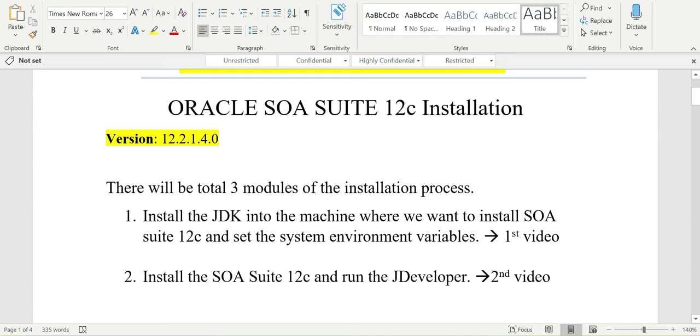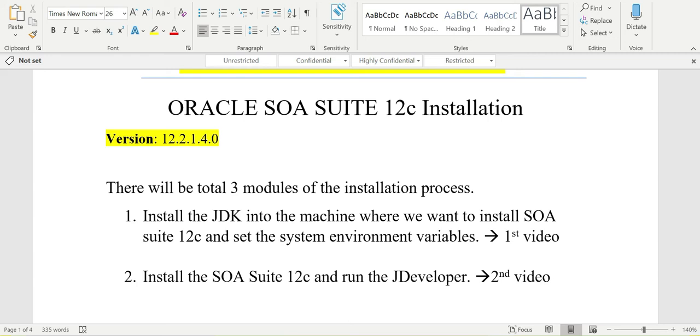The first is to install the JDK on the machine where we want to install SOA Suite 12c and set the system environment variables. SOA Suite runs on top of Java, so the Java JDK must be installed on the computer. We will install Java version 1.8, the latest version.